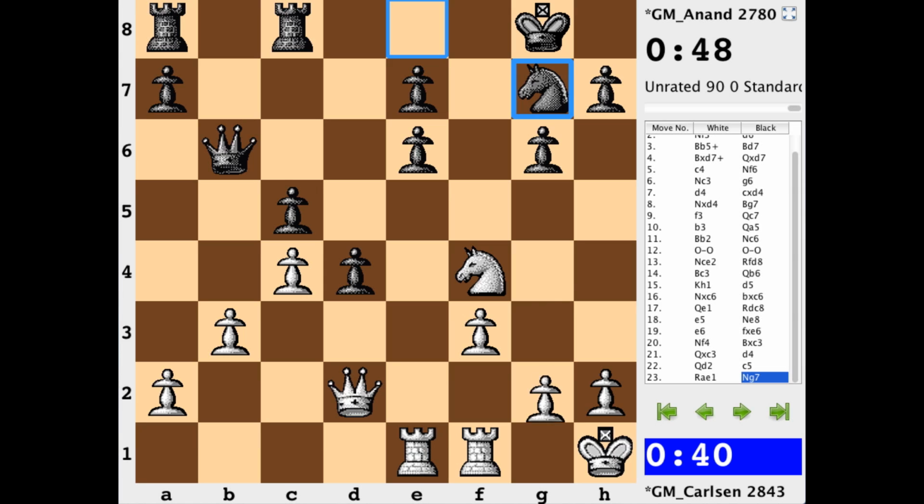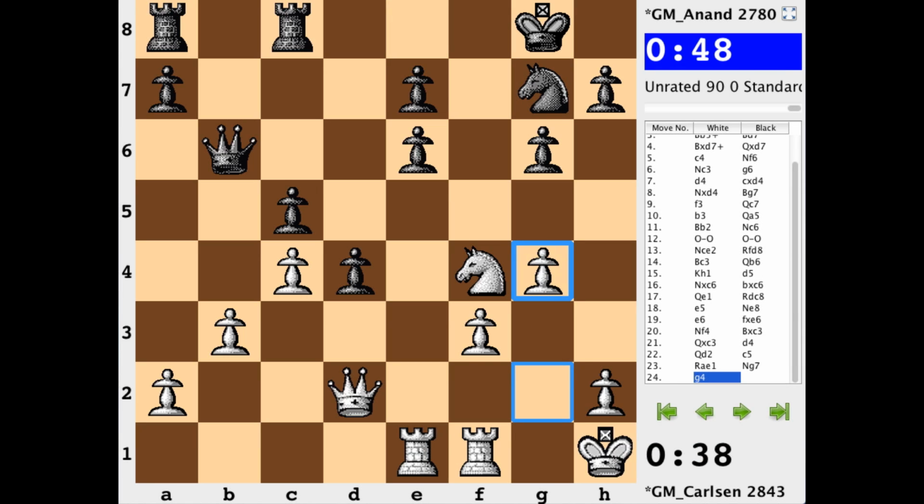This might strike many as being a very committal move, but there's really not a way to exploit the now more weakened nature of, let's say, the white king position. And I don't even know if he would really go as far as saying it's more weakened. Maybe it's just better off. It's just going to be a flight square.